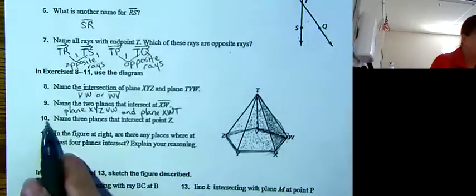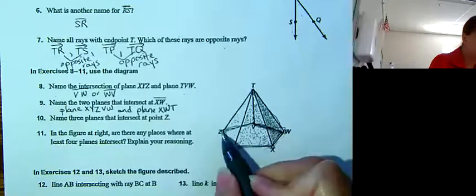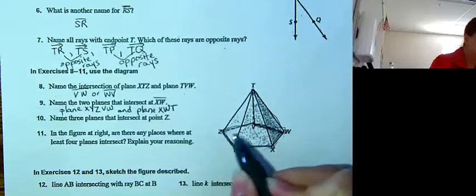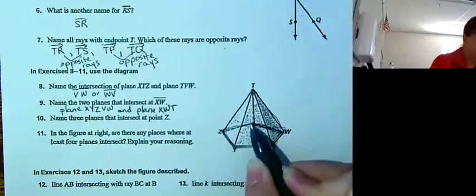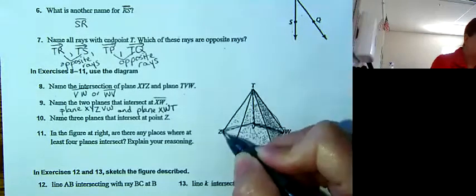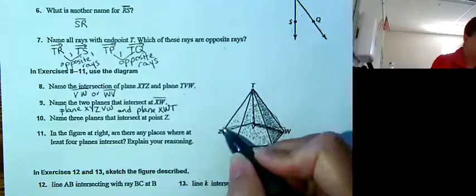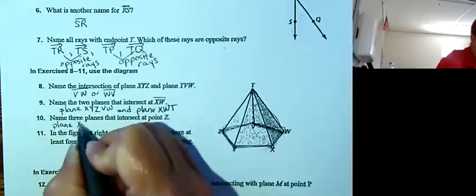Okay. 10 asks you to name 3 planes that intersect at Z. So they want to know which of them intersect at point Z. So Z is part of 3 planes. Here again, it's part of the bottom plane, the hexagon. It's part of this front triangle, and it's part of this back triangle. So I would need to name it. So plane X, Y, Z,